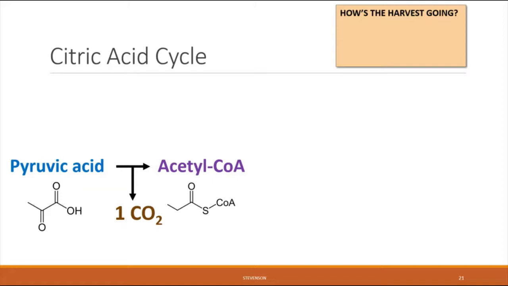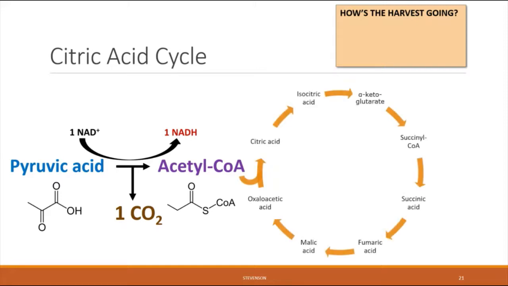In this process of converting pyruvic acid to acetyl-CoA, no ATP is created. However, one of those even more temporary energy carriers, the molecules of NAD, gets charged up and turns into NADH. After this happens, the acetyl-CoA enters what is a series of 8 chemical reactions that take place in a